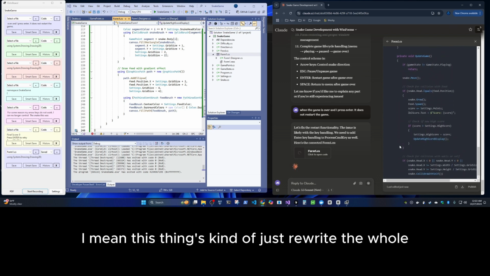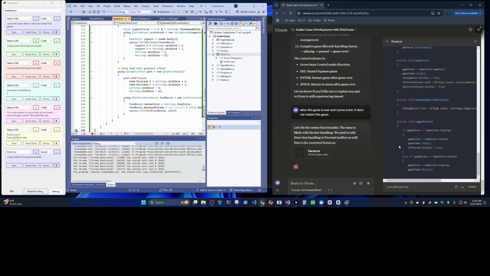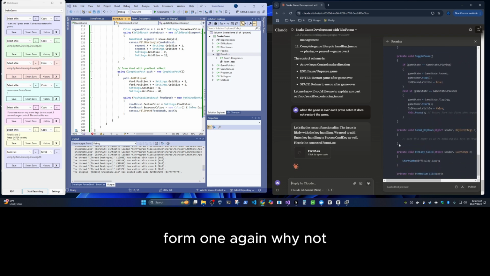I mean, this thing's going to just rewrite the whole Form 1 again. Why not?